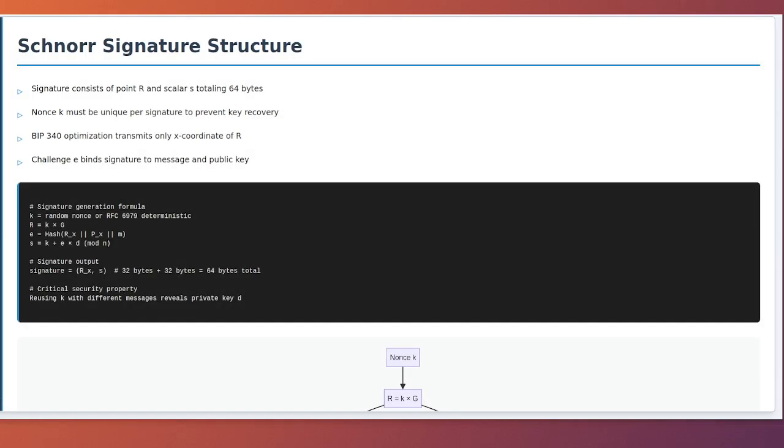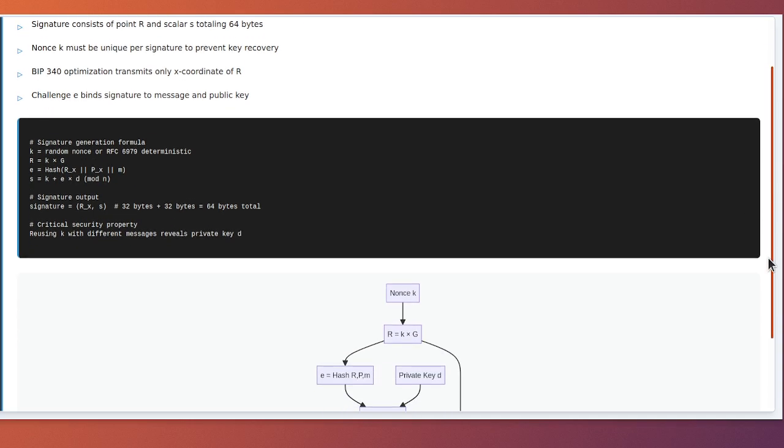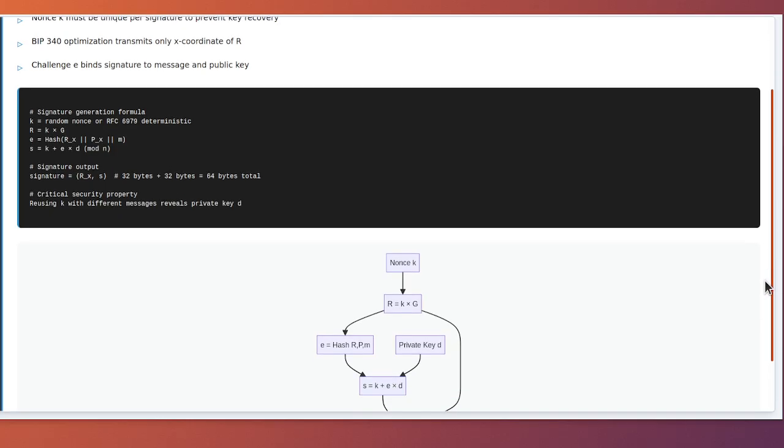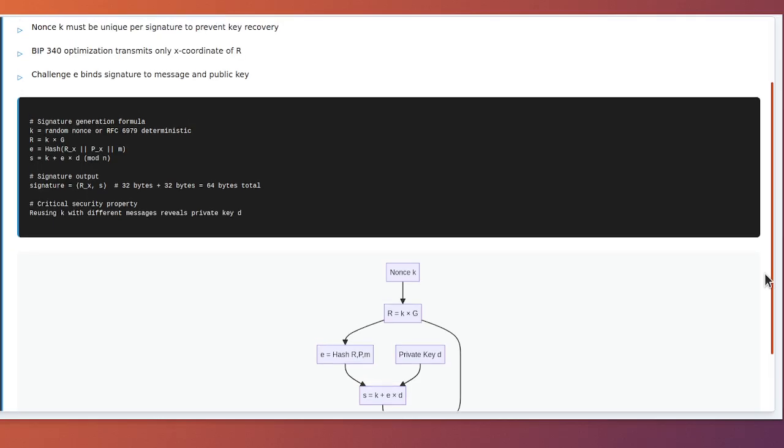Schnorr signature structure. A Schnorr signature consists of two components, a scalar value s, and a point R. Though in practice, we typically only transmit the x-coordinate of R along with s, making the total signature size 64 bytes for SECP-256K1. This is one of the key advantages of Schnorr signatures over ECDSA, which requires 64 bytes for the signature pair r,s, plus an additional recovery byte in some implementations. The structure of a Schnorr signature is deeply tied to the proof protocol from which it derives, which we will